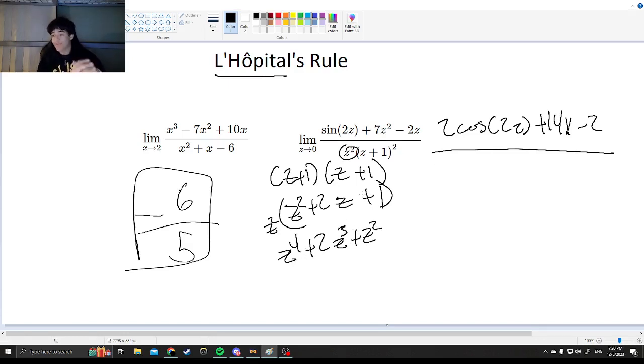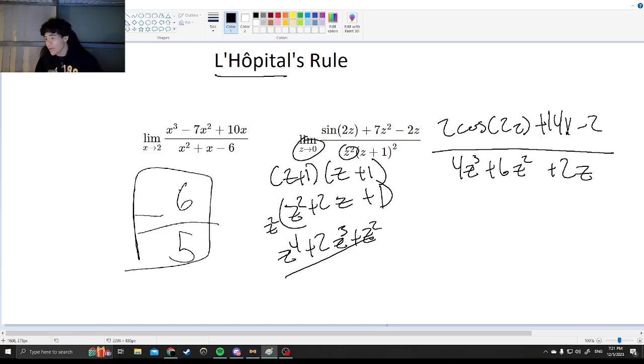So now that we have the bottom part simplified, we have to derive this. So we get 4z to the 3rd plus 6z squared plus 2z. And if you look and we plug the limit of 0 into this, it's still not going to work because this denominator here is just going to equal 0 because we have 0 plus 0 plus 0, right? What do we do when we have a limit that we can't solve? We just do L'Hop again. So we derive the top. It's chain rule. So you'll end up with -4 sine 2z, because they're the cosine negative sign, plus 14